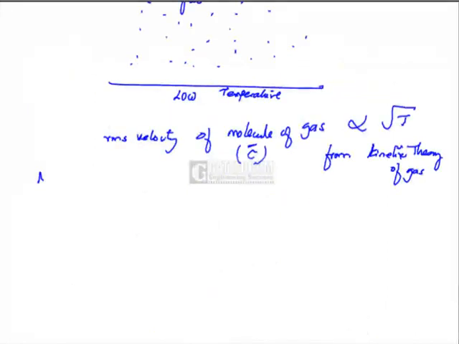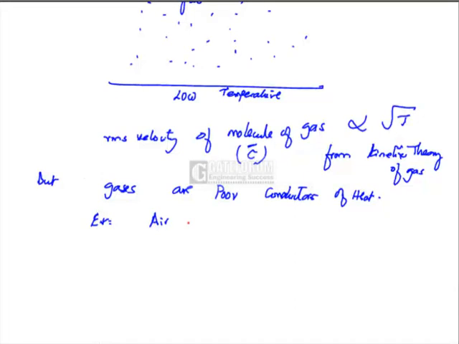But gases are poor conductors of heat, very poor conductors of heat. For example, air. Air is a better insulator, I can rather put it that way. It is a better insulator